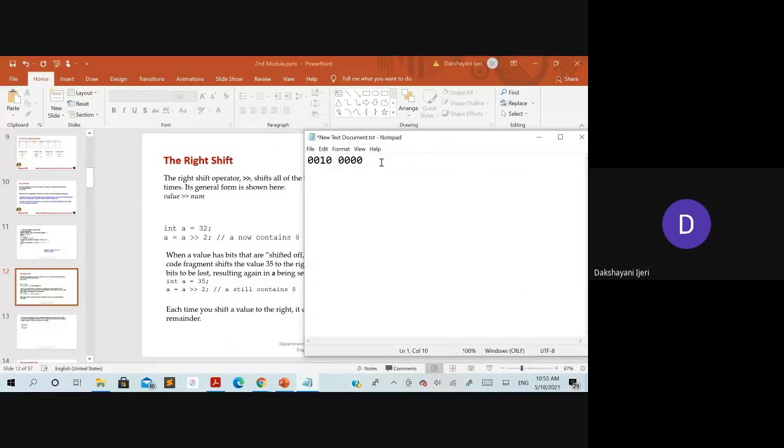Right. So to this, what needs to be done here is you are going to do the 2 bit right shift. If it is a left shift, you are going to shift this side, that is the left hand side. If you are going to do the right shift, you are going to move the right bits of it. So how many times does it have to be shifted? 2 times. So the first time only this 0 will be shifted. We'll see how it is done here.